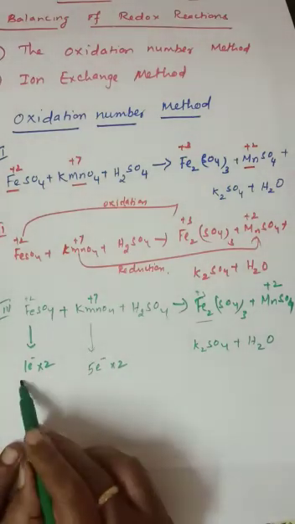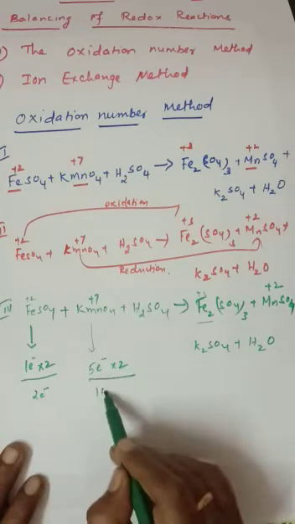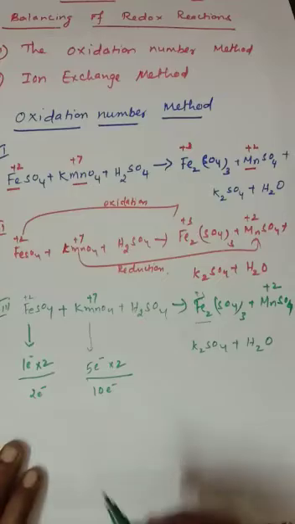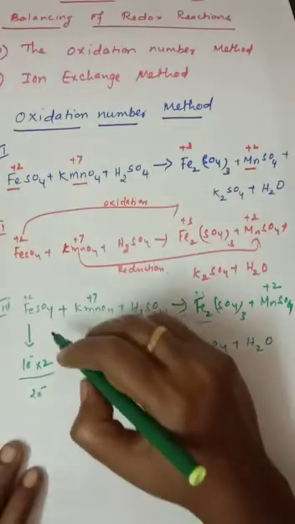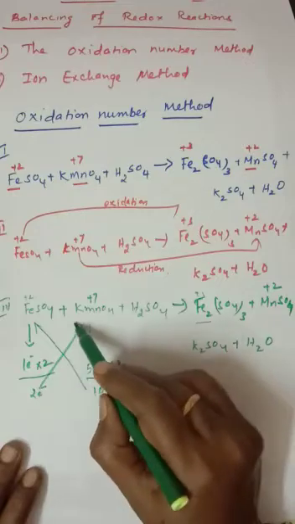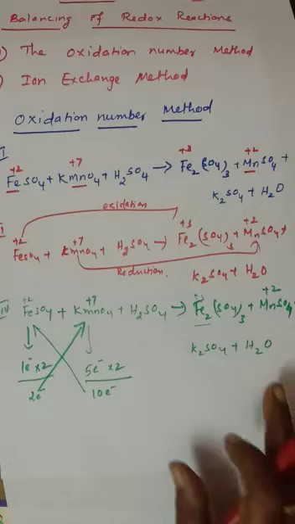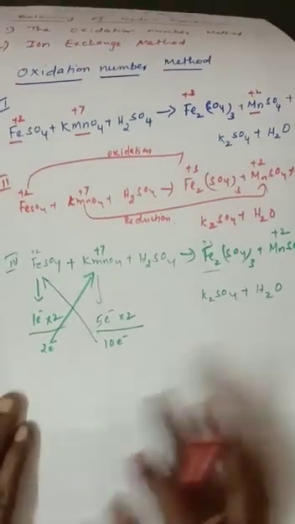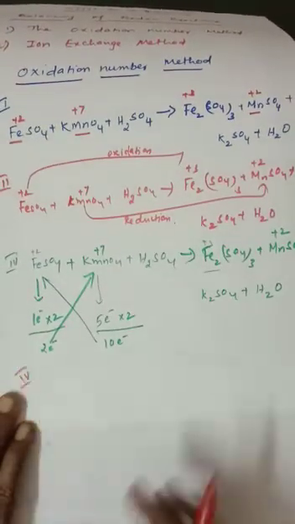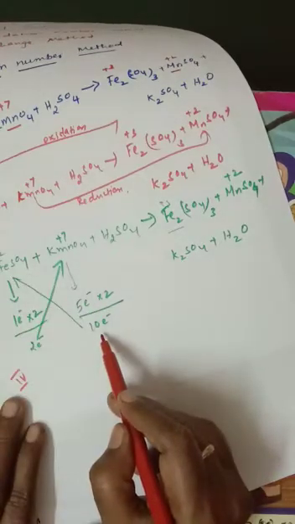So how much will come here? Totally 2 electrons, isn't it? And here 5 2s are 10, right? Now we are going to cross it for both. This 10 electrons should be multiplied by here and the 2 electrons should be multiplied by here. So automatically now the fourth equation, how do we write here? See here, fourth equation. So 10 FeSO4 should be multiplied by 10 electron.